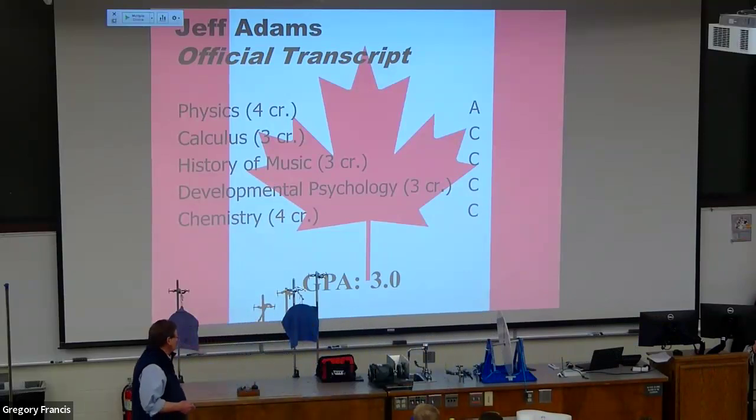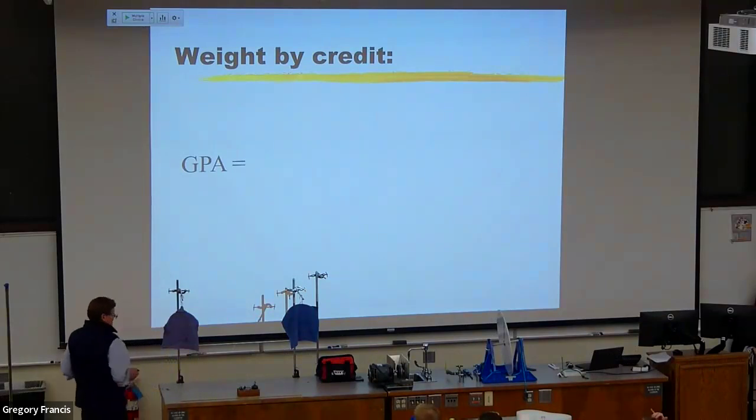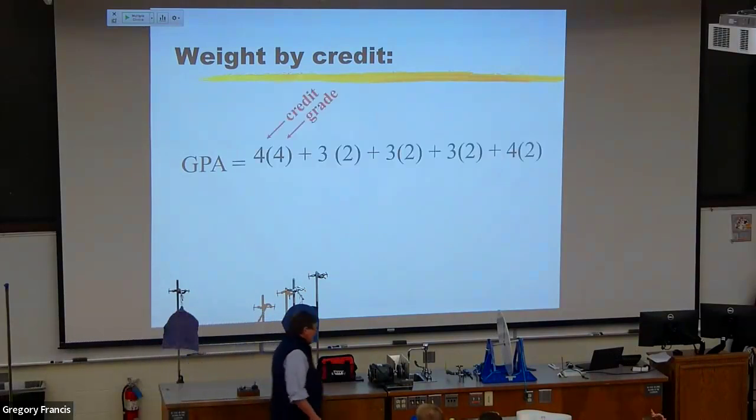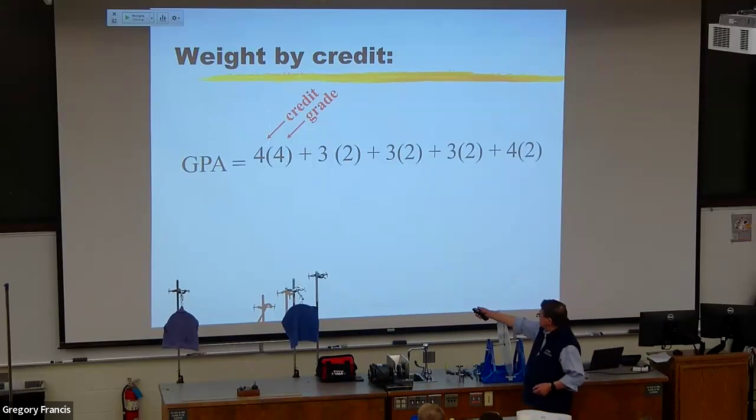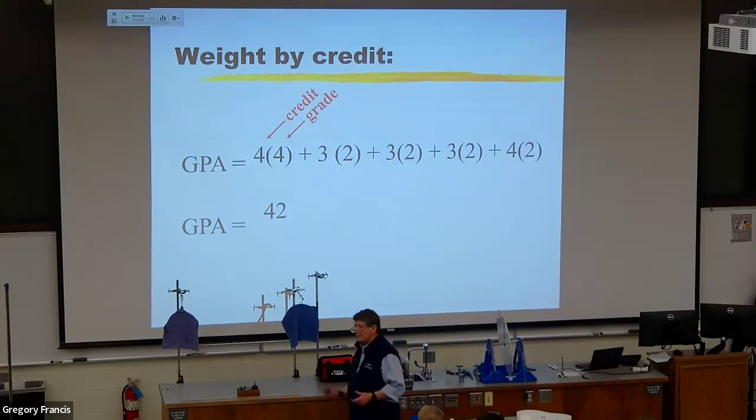No, that's not right at all. Okay, what we have to do, and this is what you do at the end of every semester, unless you have the computer do it for you, is you do a weighted average. What you do is you take each class and you have to weight it by how important that class is to your GPA. Okay, so this might be the grade that you got in physics, an A, and it's a 4-credit class. So you weight it by the 4 credits. This is the 2 you got in calculus, the C, and this is a 3-credit class. And then you add those up and you get 42, which seems like a high GPA, but remember this is